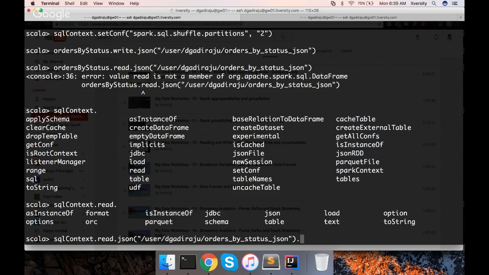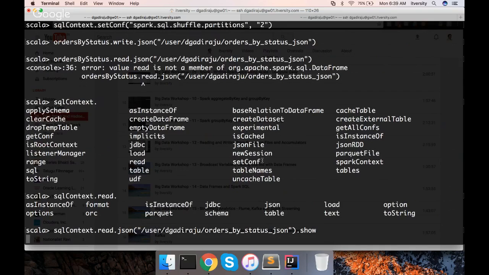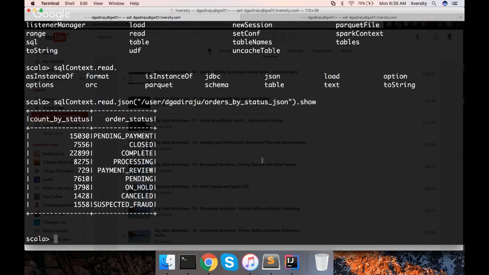And to preview the data, you can just say show and you will be able to see the data. And if you want, you can also register this to a temp table, and you can actually run SQL queries also. Anytime you can convert a data frame into a temp table. So for that, you just have to say registerTempTable.